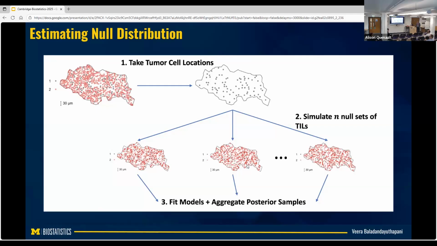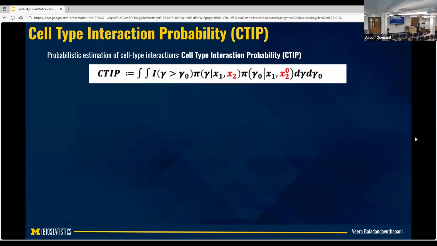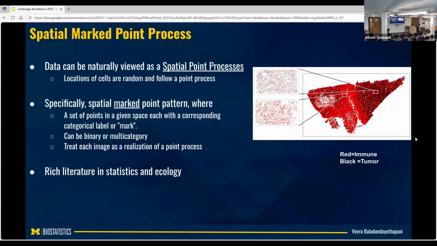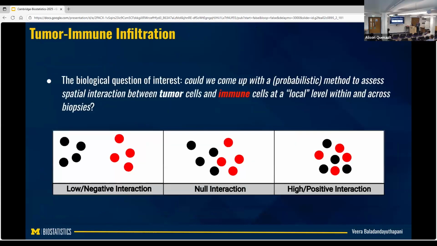Yeah, I have a question. When you talk about null distribution, is it the picture that you showed us? Is that what you're assuming in terms of the interaction, or is it something different? No, this picture is what I wanted to capture, right? You meant this one? Yeah, so I want my gamma to be a high value here. I want it to be high positive, high negative, and close to 0 here.